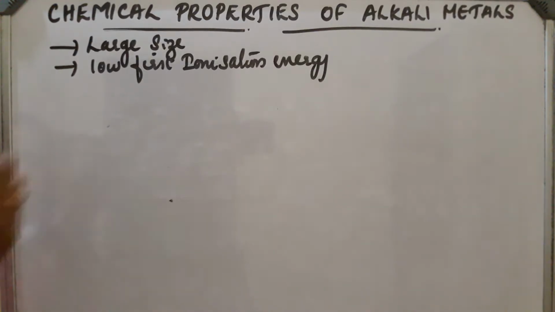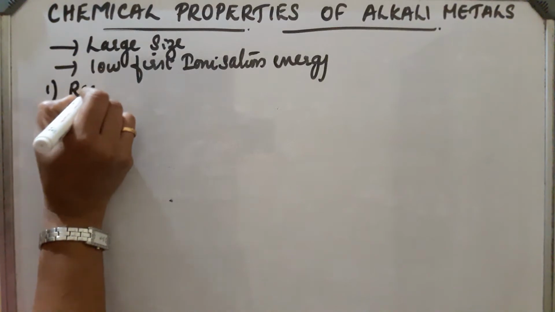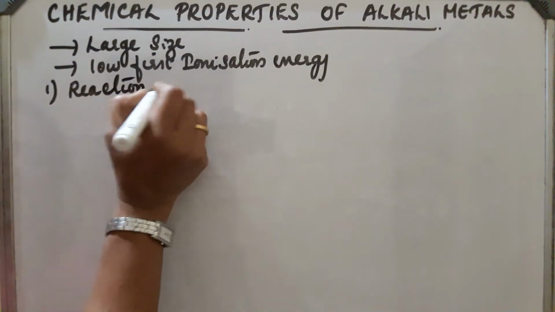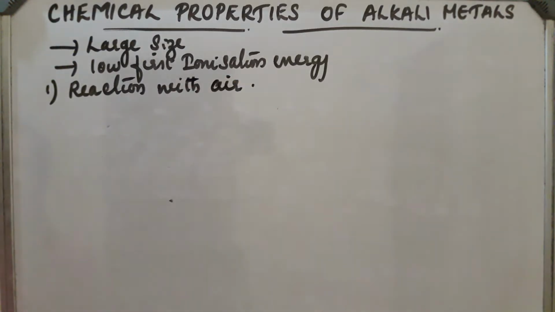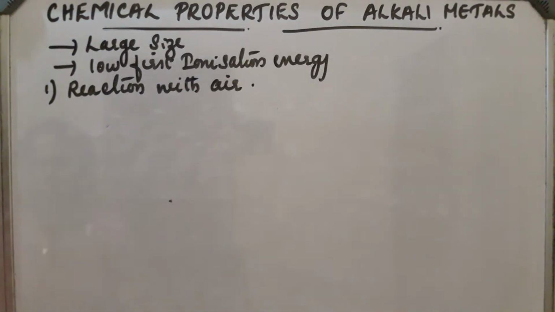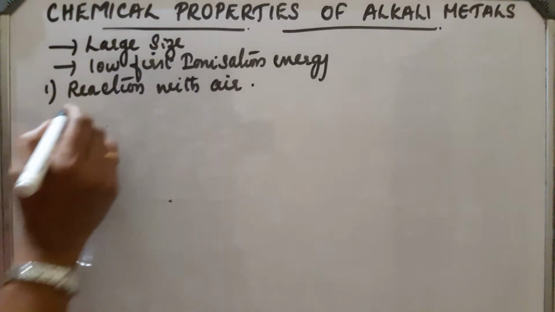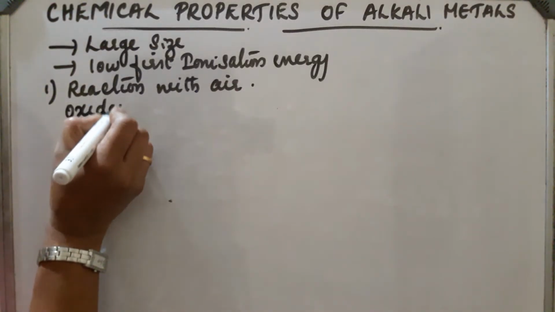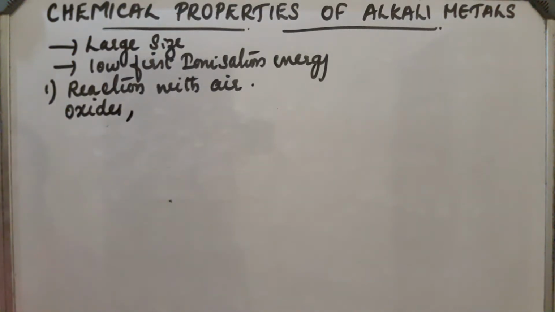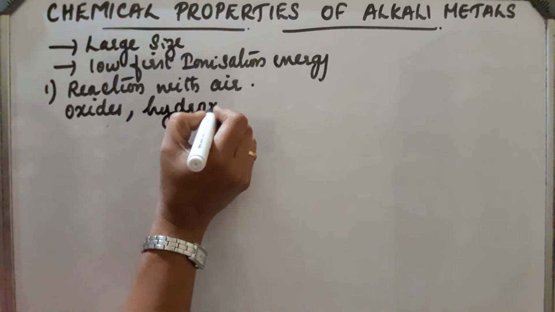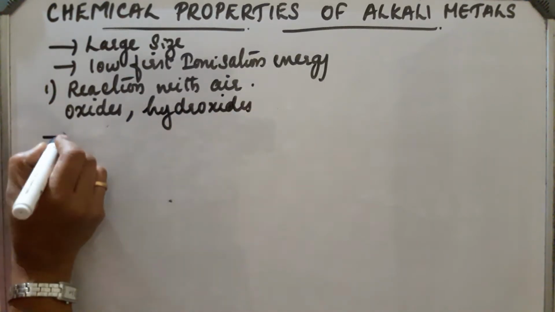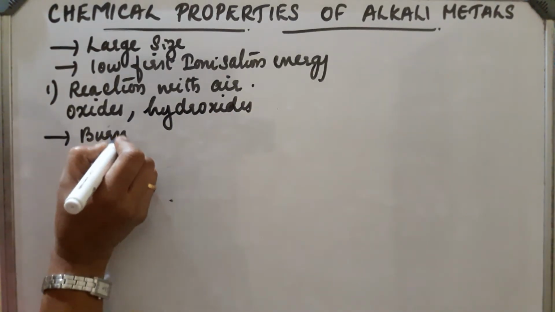Okay. First chemical property is reaction with air. So air contains oxygen and moisture. Alkali metals react with oxygen present in the air and form oxides, and also they react with moisture present in the air and form hydroxides. And they burn very fast with oxygen